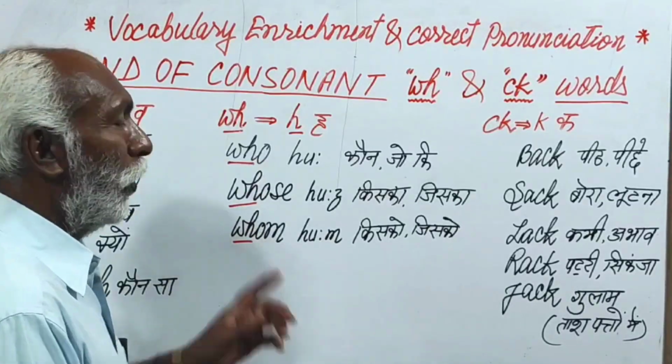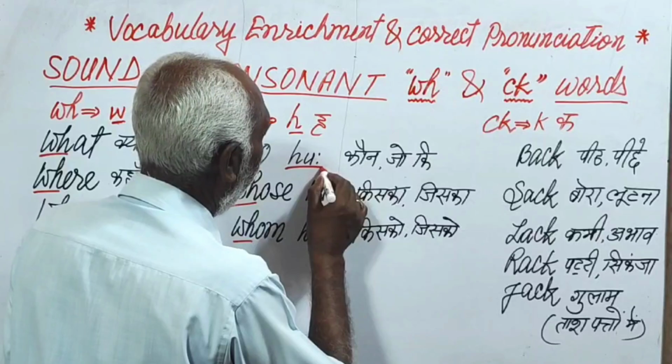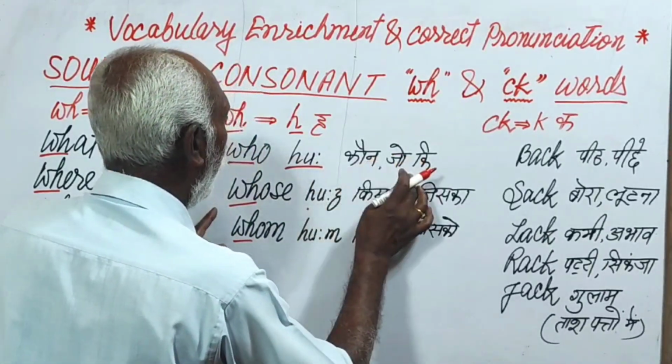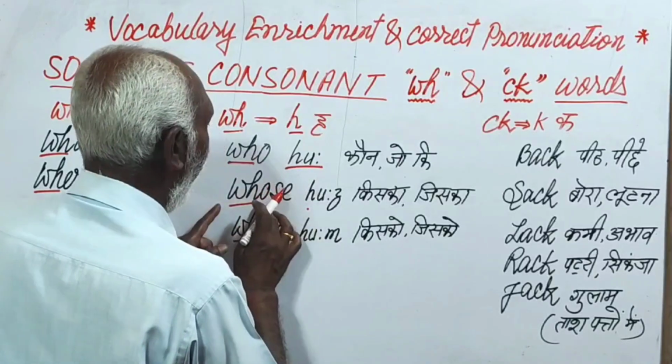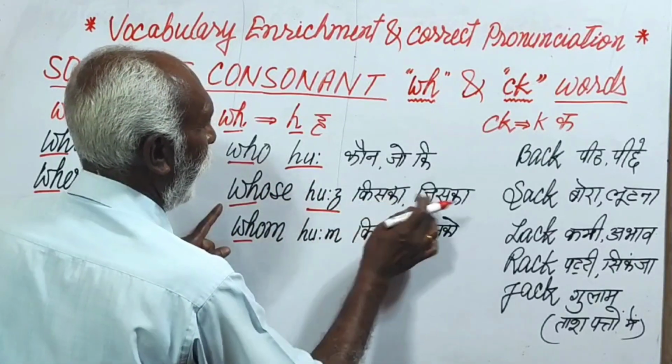WHO, who, now the sound symbol, I have given here. Who, कौन या जो कि. WHOSE, whose, किसका जिसका,